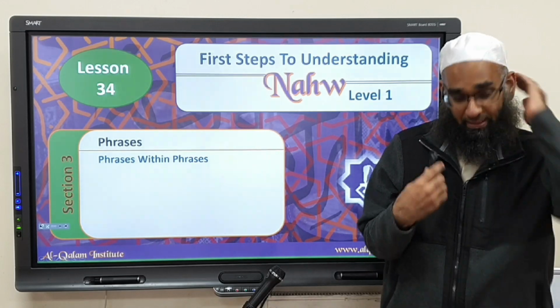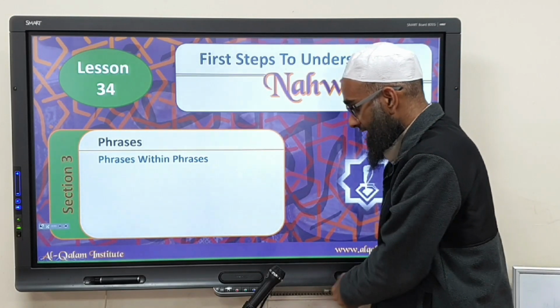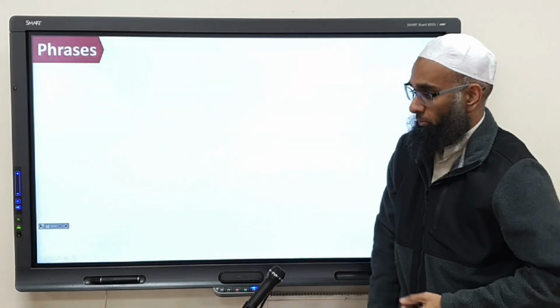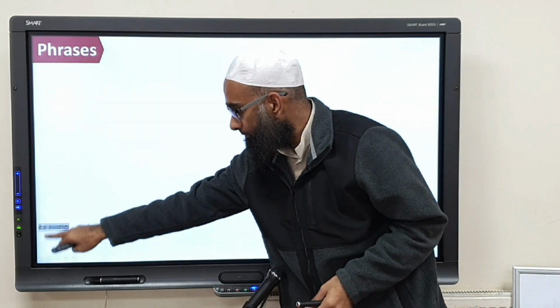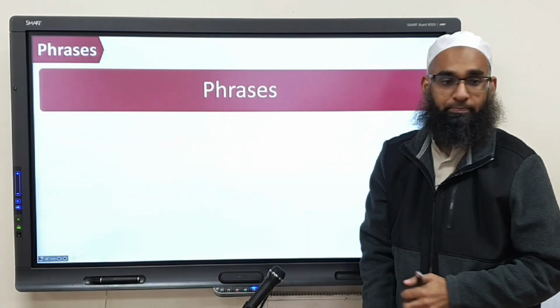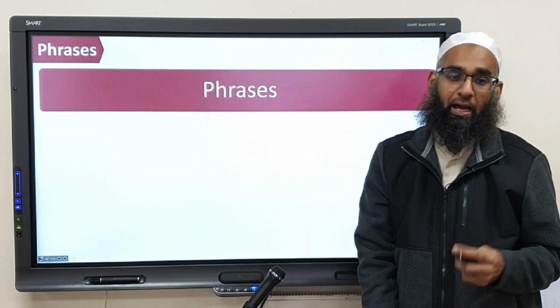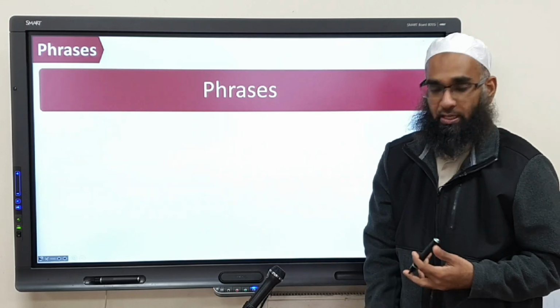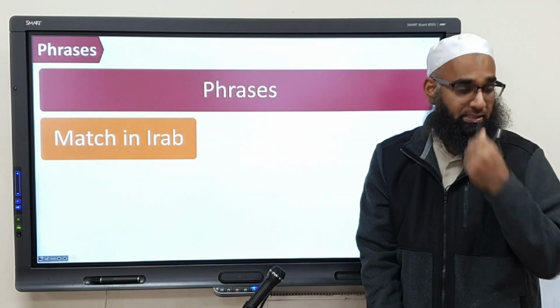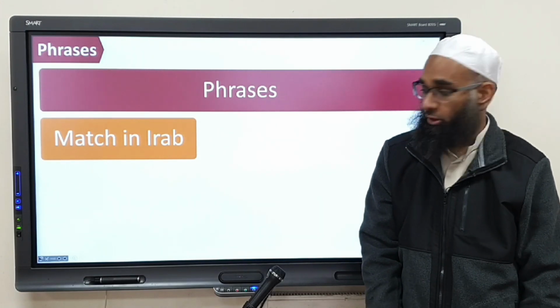So inshallah we have a bit more practice of using phrases within phrases. Before we move on, it's a recap, okay? A phrase, what's a phrase? An expansion or extension of a noun. Two types of phrases match in i'rab, which are conjunction, which is called